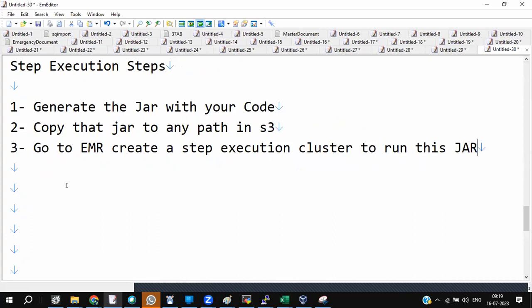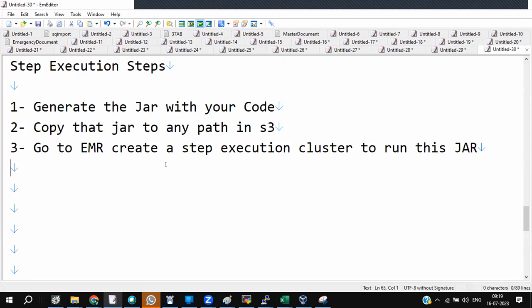Go to EMR, create a step execution cluster to run this jar. Folks, everybody is with me so far? Yes. It's not a usual cluster. It's a step execution cluster to run this jar.